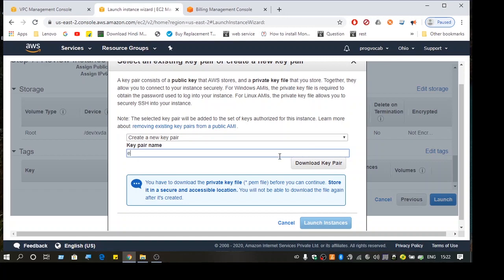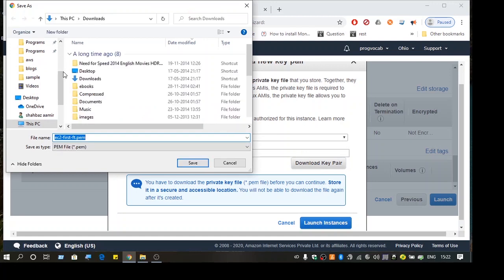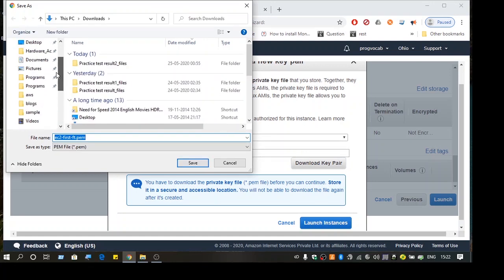But whatever you do, make sure you don't lose this key pair. This will generate a PEM file, and you have to keep it safe, because whenever you try to access this instance over SSH, you have to specify the PEM file. I'm just downloading it in the downloads folder, but I'm going to keep it safe so that I don't lose access to my instances.